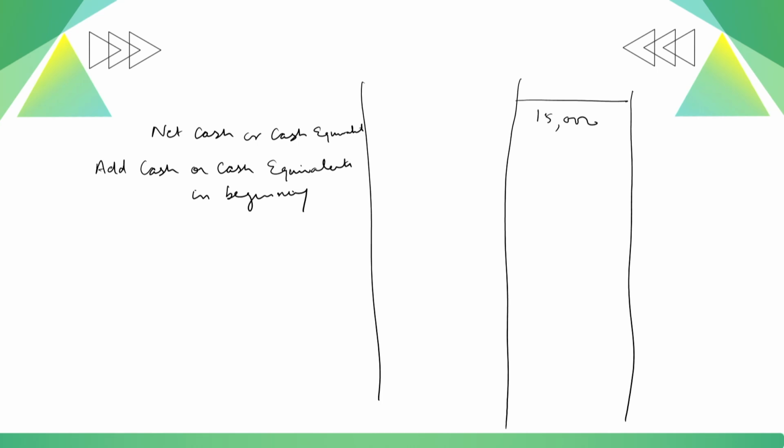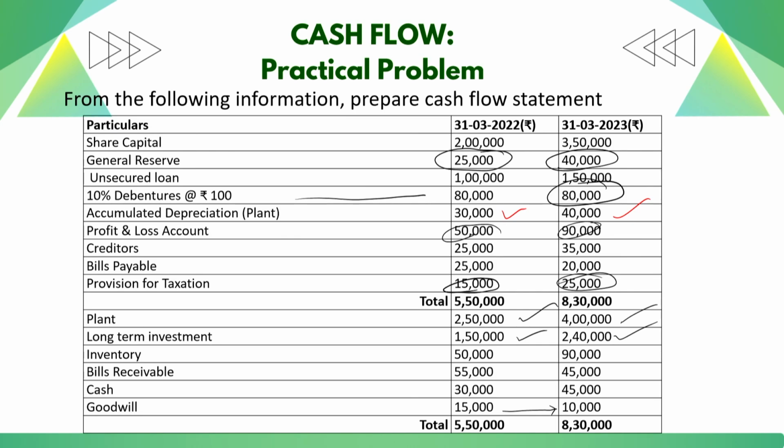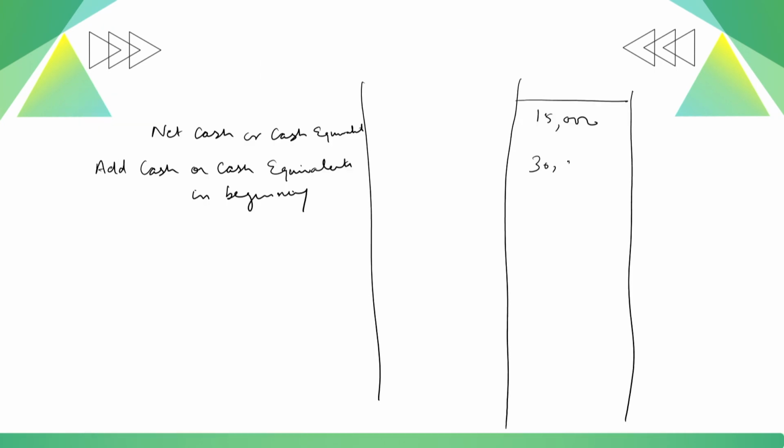This figure is available in the balance sheet under the heading of cash, which is 30,000 rupees. I add this figure to the net cash or cash equivalent we just computed. So we got the figure of 45,000, which will be my cash or cash equivalents